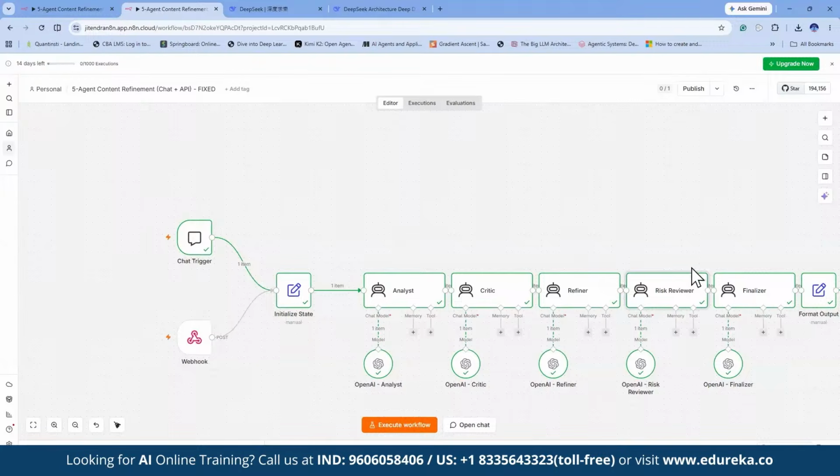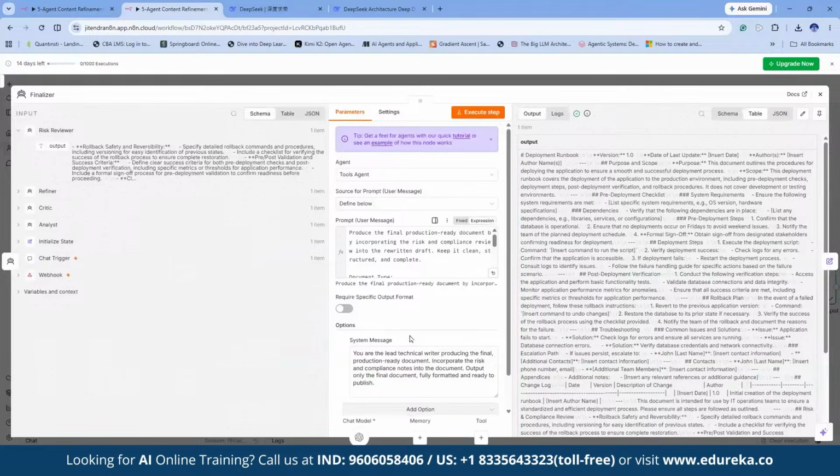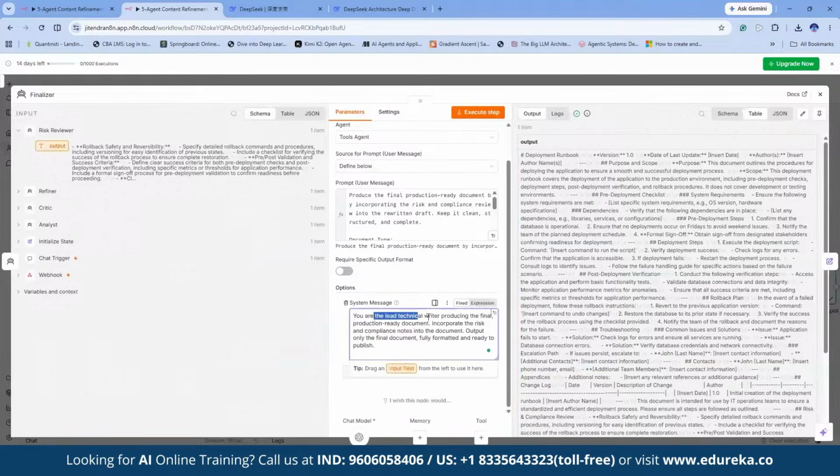It's like I'm putting this agent under performance management reviews and a PMP program, and then making sure that it should work collaboratively, right? So the same way I'm treating this agent here. The finalizer agent I'm having is a lead technical writer producing the final production-ready document, incorporating the risk and compliance note into the document, and outputting only the final document fully formatted and ready